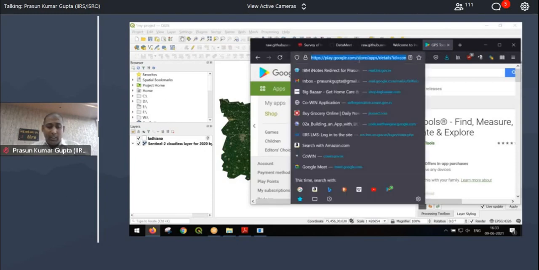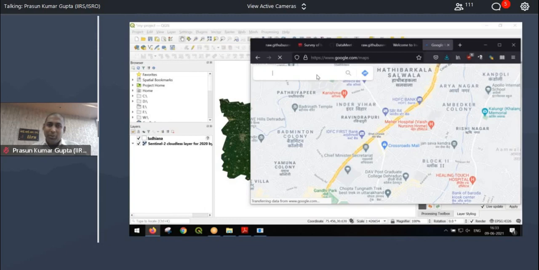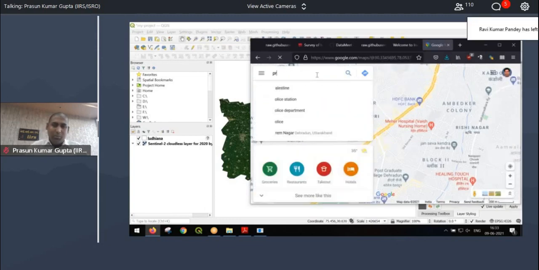And if you don't want to do even that, go to Google Maps and search for the location you want. Let's say I want to go to PRSC.